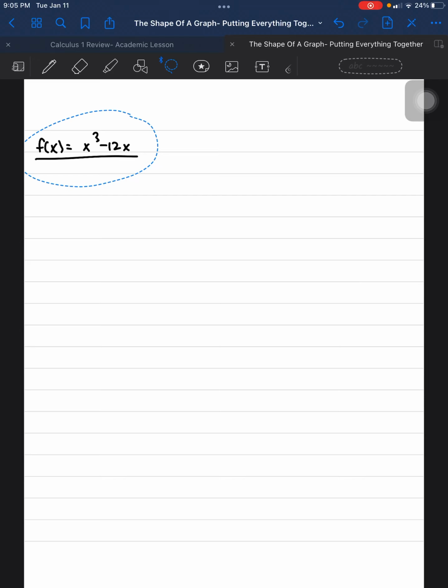We use this function in both previous videos on the first derivative test and the second derivative test. So we're just going to use that same information, but in this video we're going to be graphing this function. We're just going to be making a general graph of this function, but we're still graphing it. So first things first,